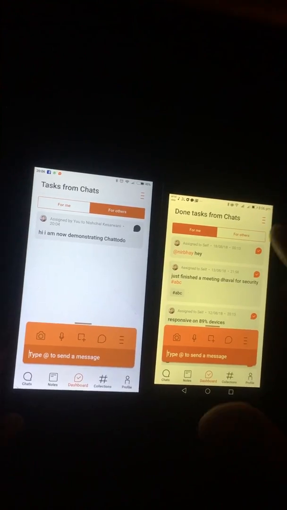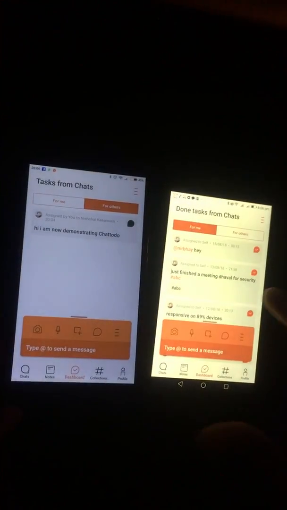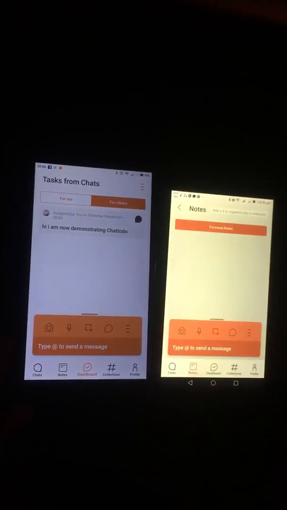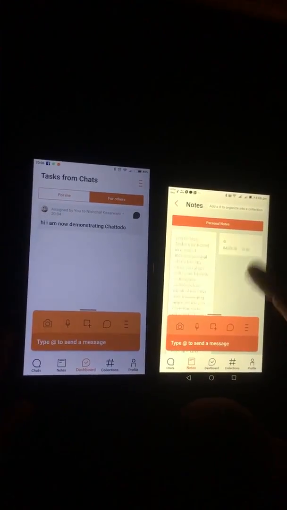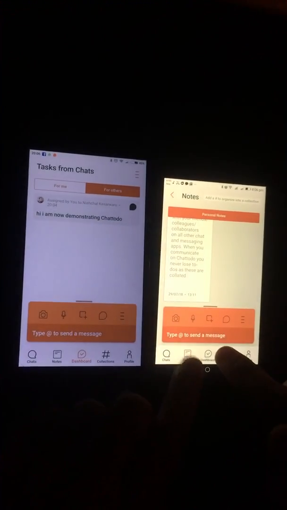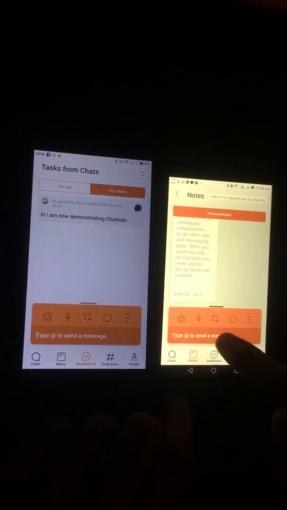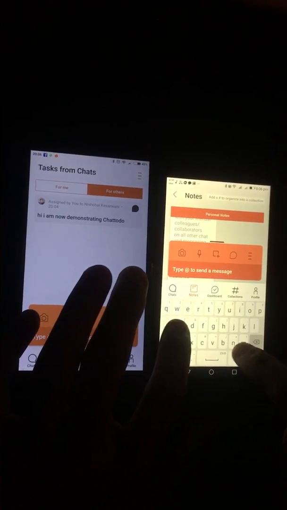Now let's look into notes. Basically now I'll show you the typing bar. You can type anything over here.